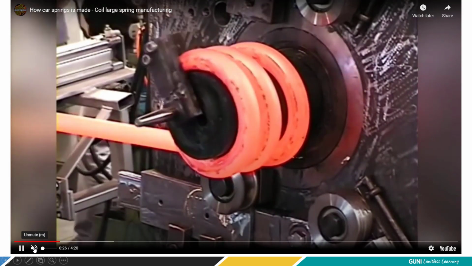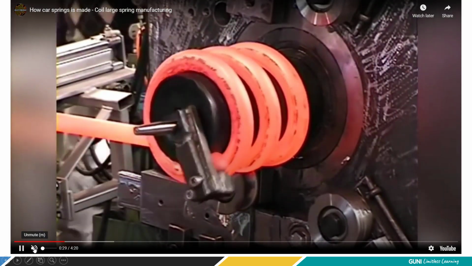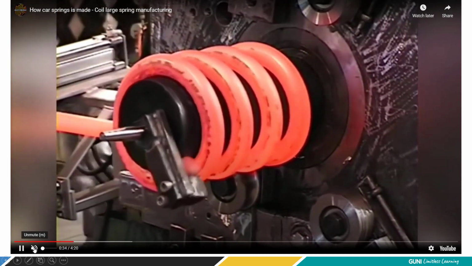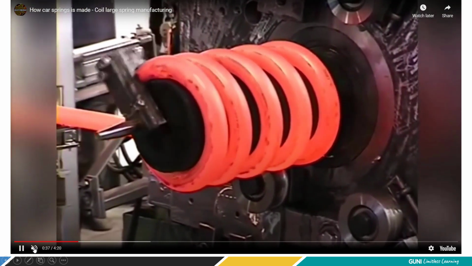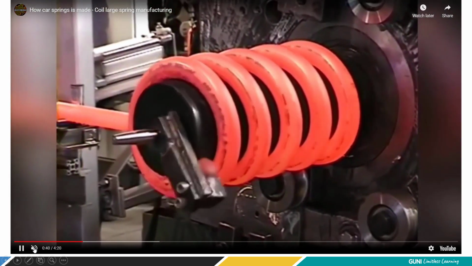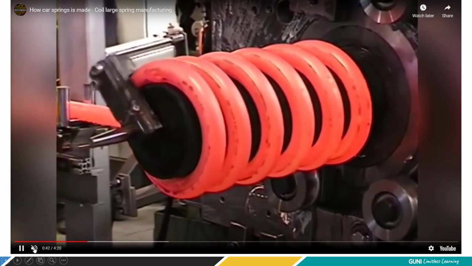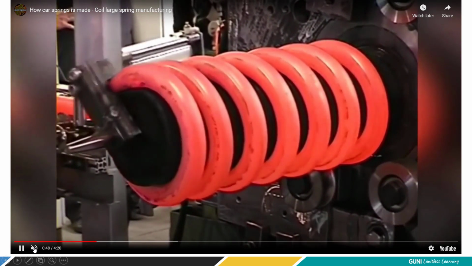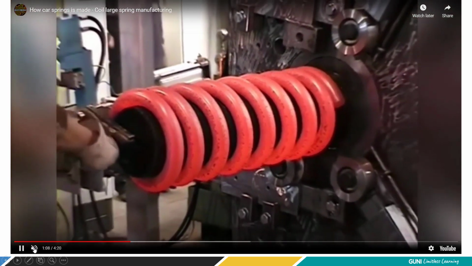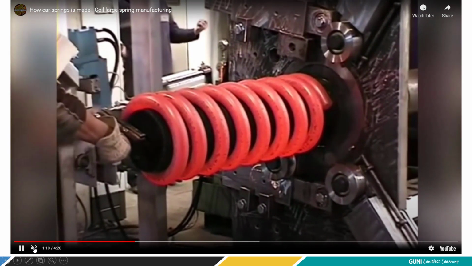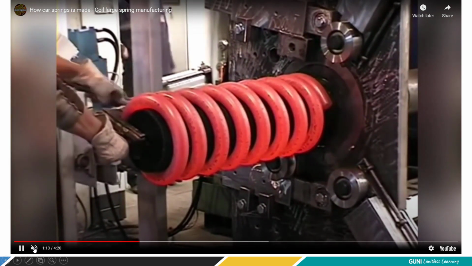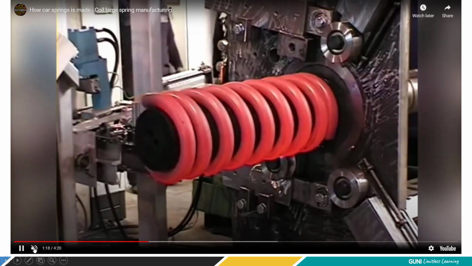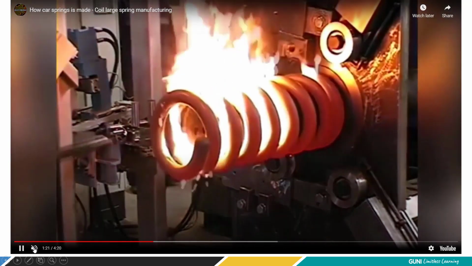The hot round bar is being wound in a helical manner, right? It is wound by circular motion as well as the center portion moving forward. So it's a circular motion as well as translatory motion. This results in helical movement and produces the helical shape. Just try to observe it. The purpose of showing this video is that the spring is manufactured in this manner. The steel wire is simply wound about a cylindrical bar which is rotating and moving away, right? So that movement is basically determined by pitch dimensions.